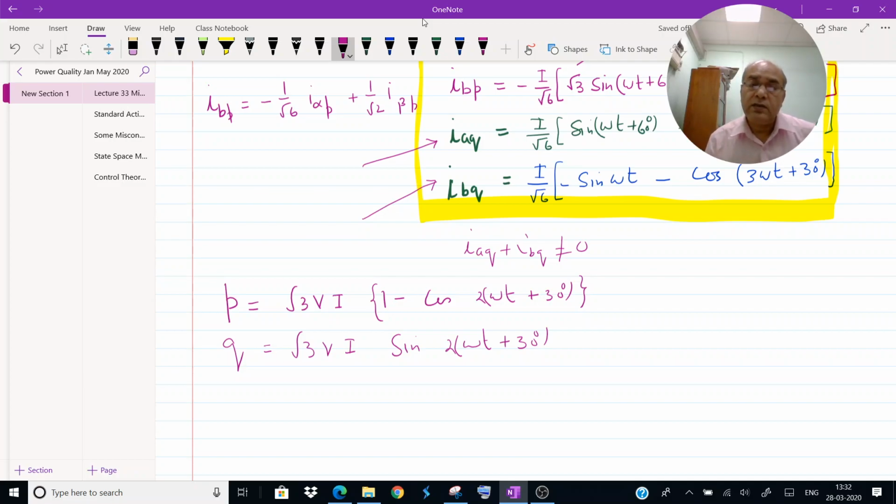We will see. The question is that the theory says that you can instantaneously define the nature of powers, the active powers and reactive powers. Now, based on these instantaneous power expressions, can we tell about the nature of the load, whether it is resistive or it is capacitive or it is inductive? Let us see. If you observe these equations, then we see at